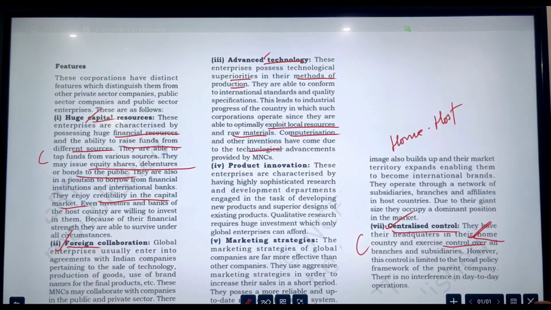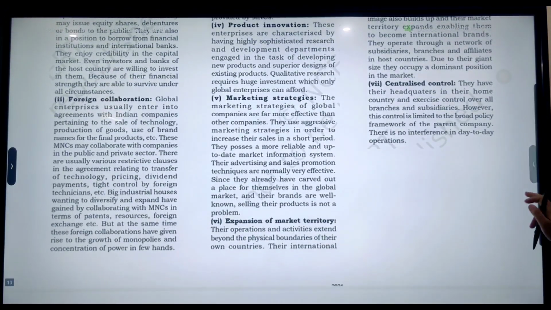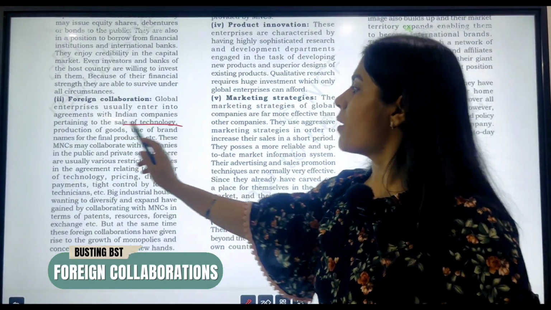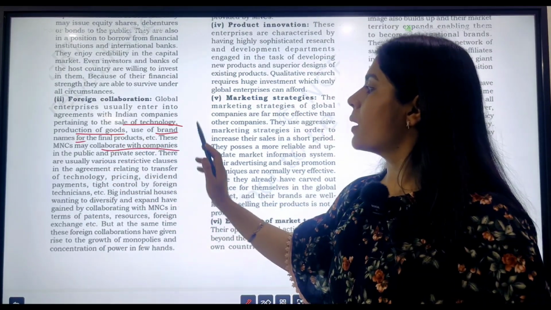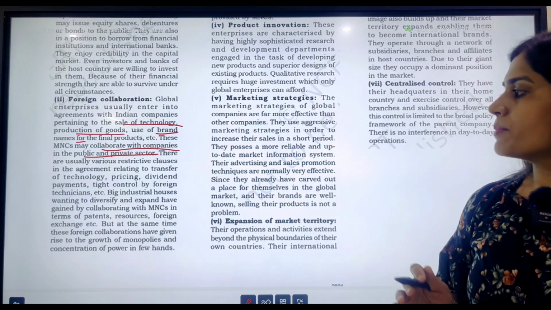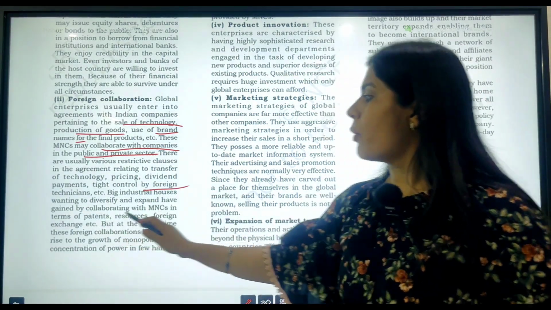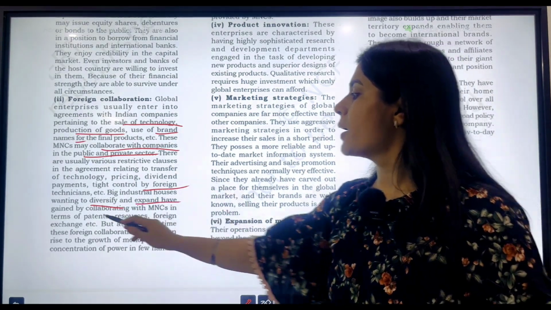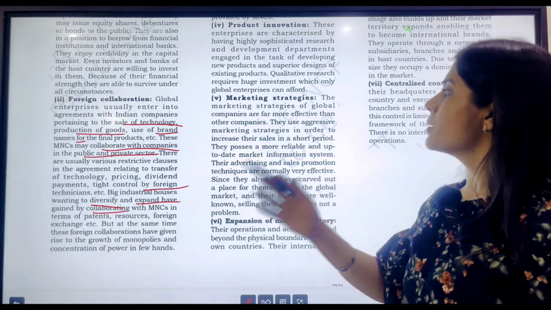These enterprises have good collaborations in the foreign markets. They use state-of-the-art technology, production methods, and brand names, and collaborate with companies in both the public and private sector using different forms, and they expand in the foreign market. They do not miss any opportunity to diversify and expand whenever it's possible through collaborations, and this is the main